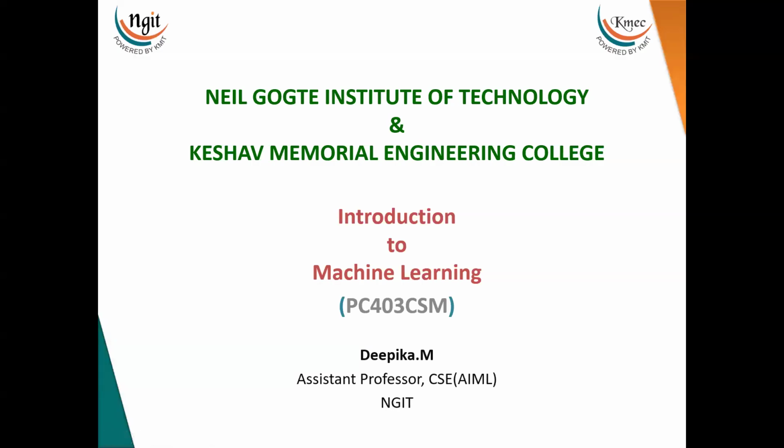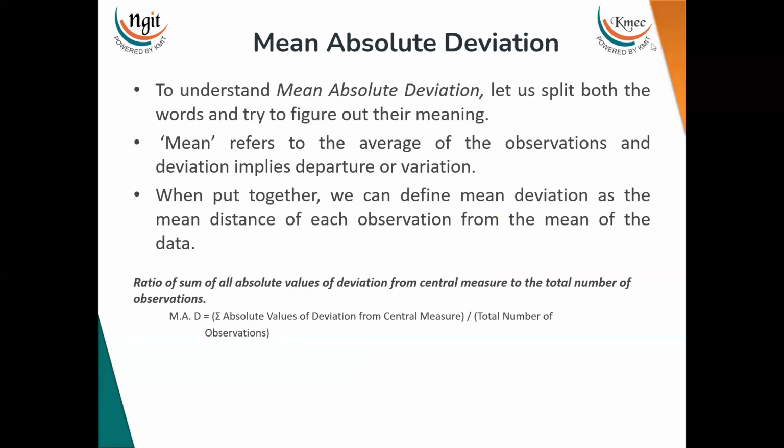Good morning, everyone. Today, in this session, I'm going to discuss mean absolute deviation. To understand this, let us split both the words and try to figure out their meaning. Mean refers to the average of the observations, and deviation implies departure or variation. So, when we put them together, we can define mean deviation as the mean distance of each observation from the mean